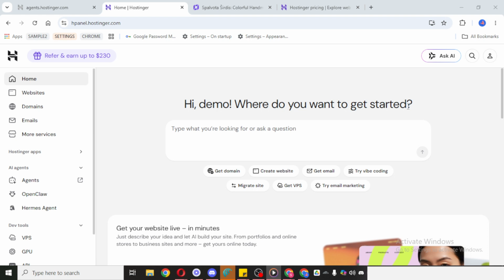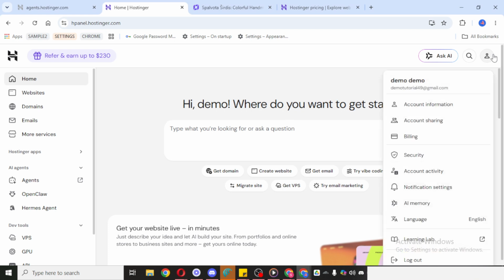After you've opened your account, go to your Profile section. This is usually where account-related settings and personalized options are stored. Look for the Profile icon or Profile area within the dashboard and click on it. If the layout looks a little different from what you expected, that's normal, since platforms sometimes update their design. The important thing is to locate the section connected to your account profile.